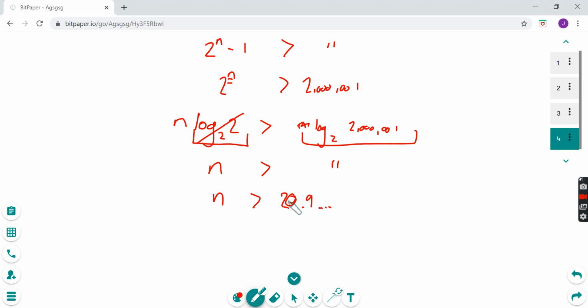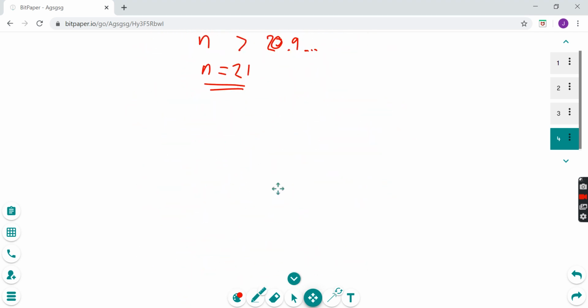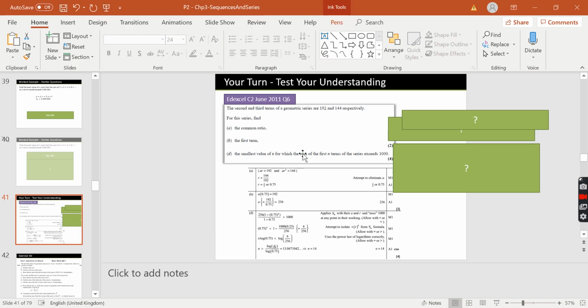Okay, so what's the first term that's greater than 20.9? Well, it's n equals 21, isn't it? Okay, let's have another look at a quick one, but it's going to be the same process. So next one we're going to do,